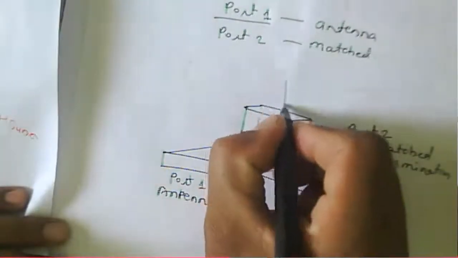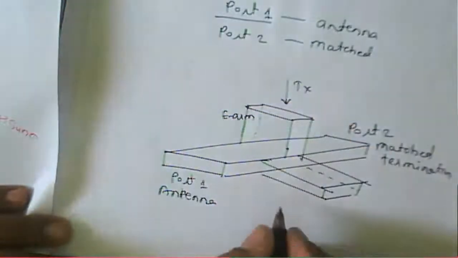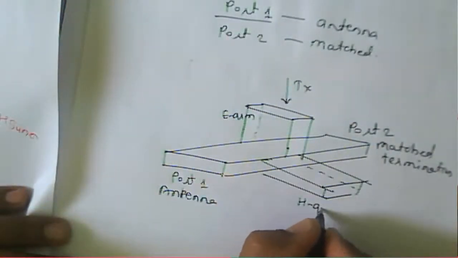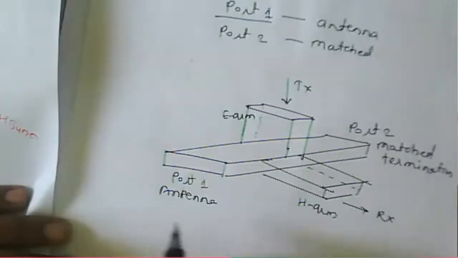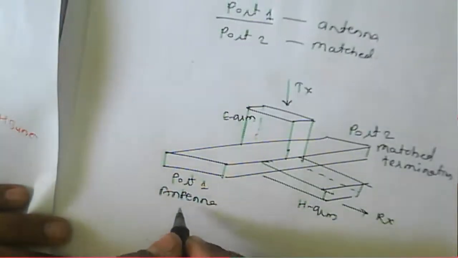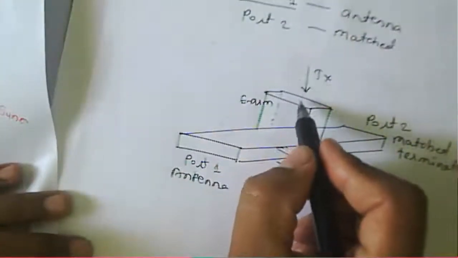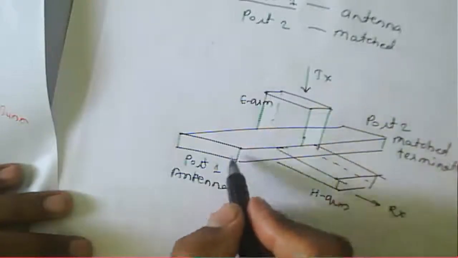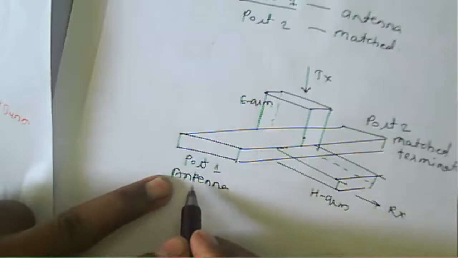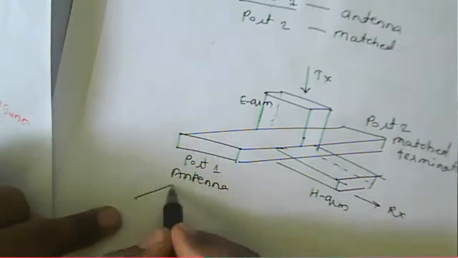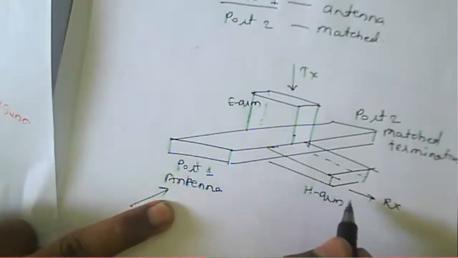And we can consider that this E arm will act as a transmitter. And this is nothing but the H arm, and this acts as a receiver. Now in that case, this acts as an antenna. We can use the same antenna for transmitting the signal. If we transmit the signal from this particular arm, then the antenna is used to transmit the signal. Now the same antenna can be used as a receiver. If we receive the signal from the antenna, the signal will reach the H arm here.